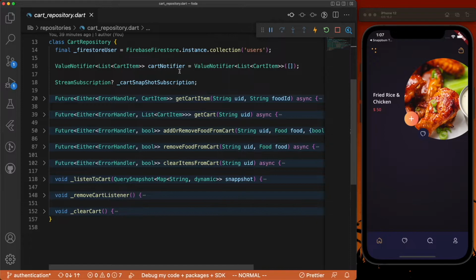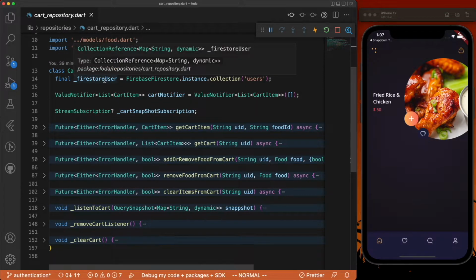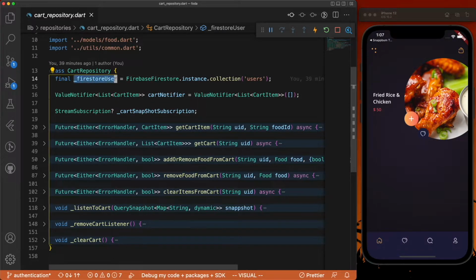And here you can see that we have our Firestore users, and you can see we have the cart notifier as a list here, and also we have the cart snapshots,